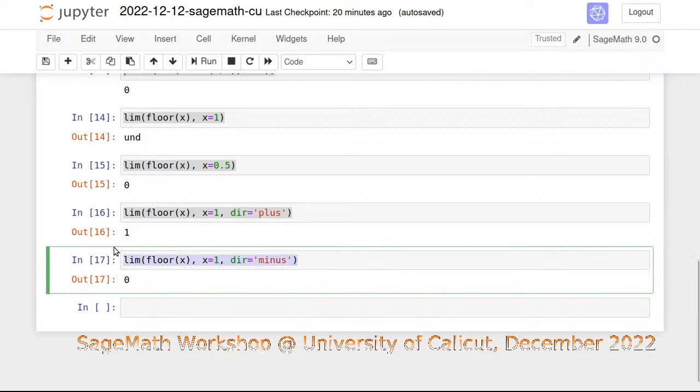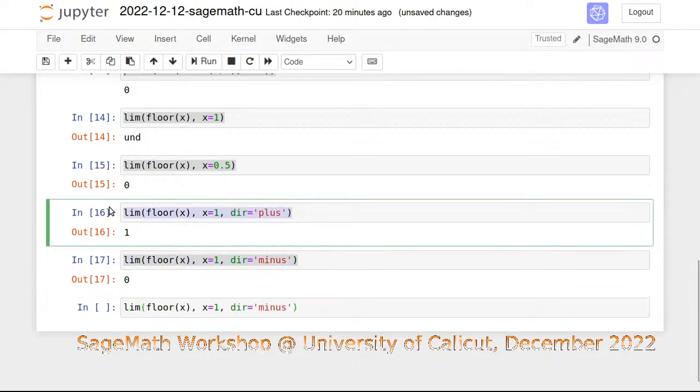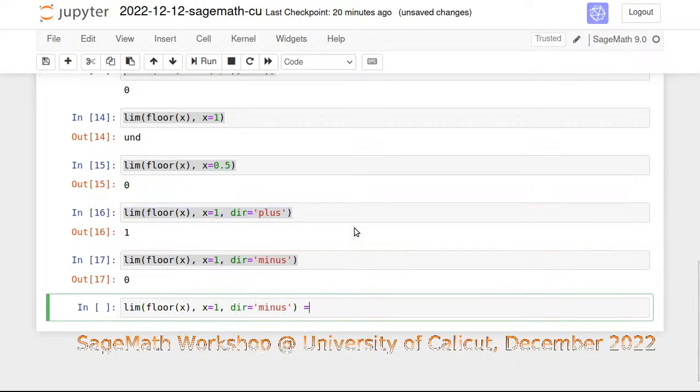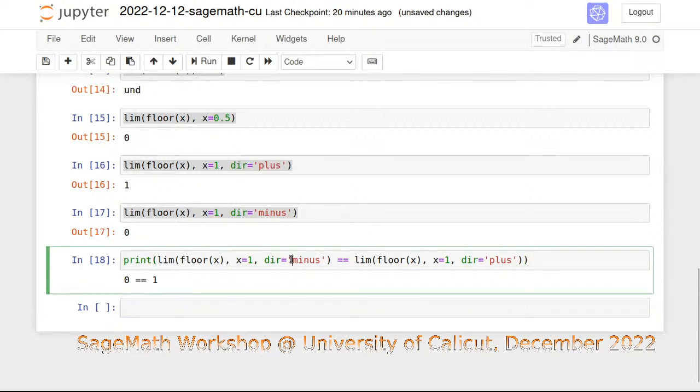Now we can say that these two are not equal, right? If we ask if these two are equal, Sage will simply say... suppose we equate these two and ask if they are equal or not. Double equal to means equality, and the answer is... sorry, that's probably not working. 0 equal to 1. It's simply printing. Okay, we'll do one thing. If we change it to not equal to, I think that's better. If this is not equal to, we will print